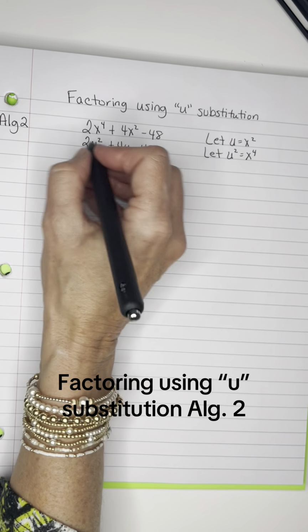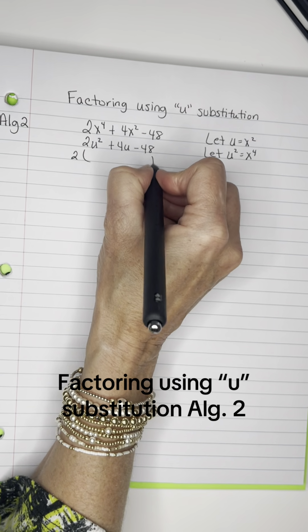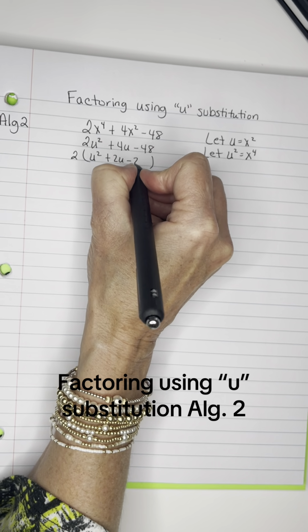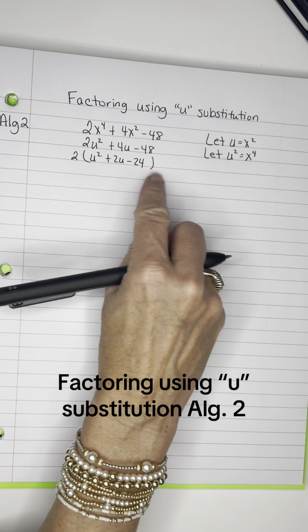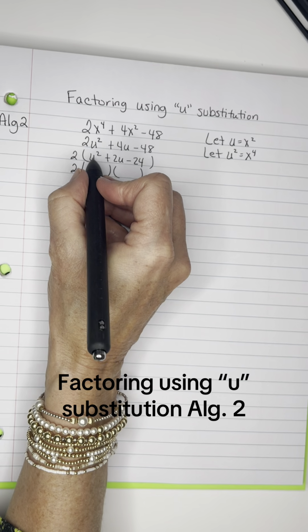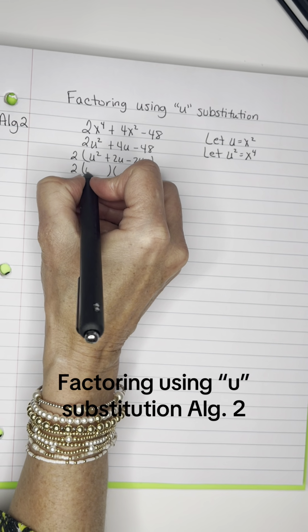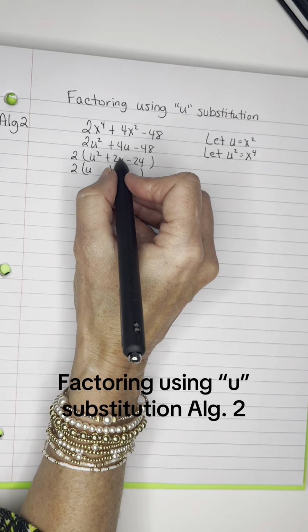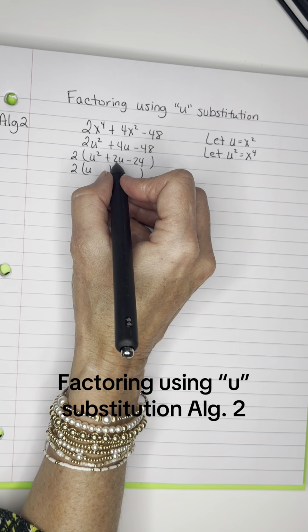Let's factor out the GCF of 2. So we're left with u squared plus 2u minus 24. Okay, this will be easily factored. The terms that multiply to give me u squared are u, so those are my first terms. The factors of 24 that add or subtract to give you 2, you may know that off the top of